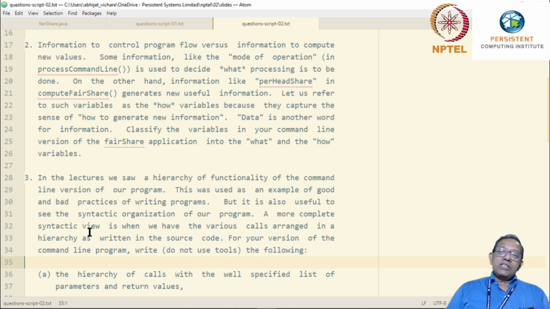So we will call such information the what kind of variable. In contrast, there are other pieces of information which actually generate new values. So for example, per head share in that compute fair share method generates new and useful information from whatever is available so far.